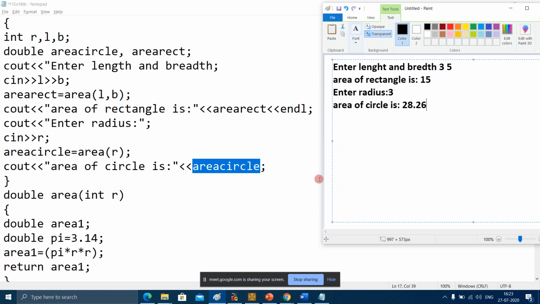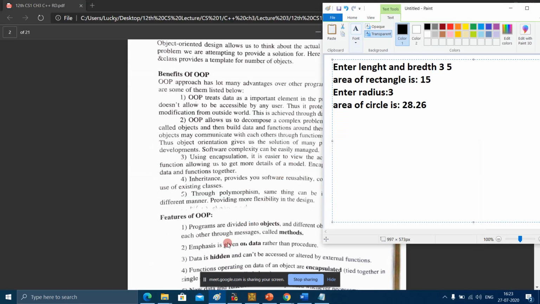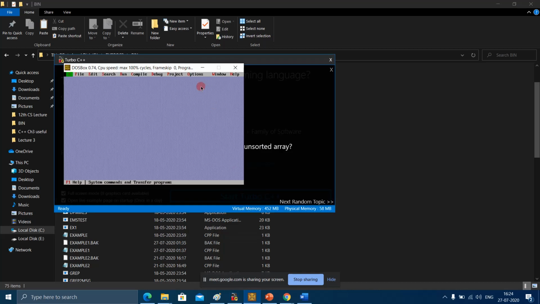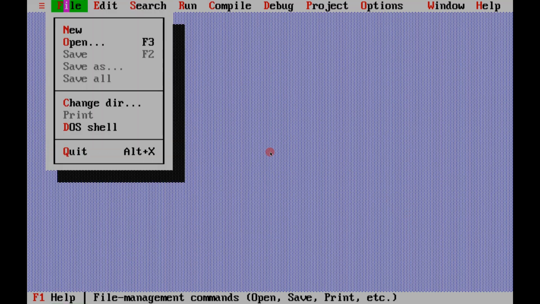So let us run this program in Turbo C. To make this screen full screen, you'll have to take your mouse over the screen, click on that and press Alt Enter. Okay, so the screen will be in full screen.